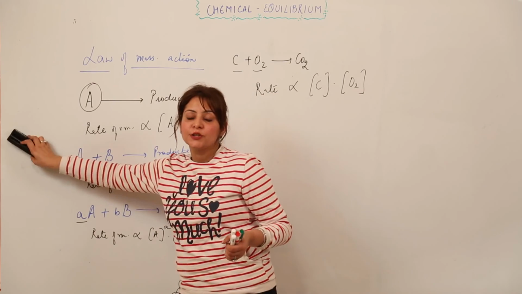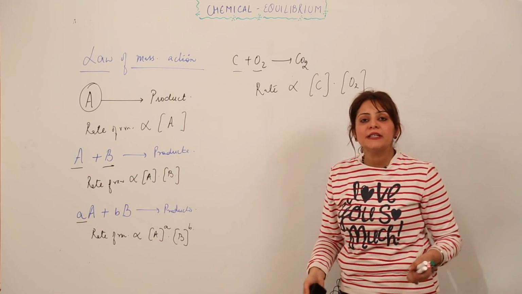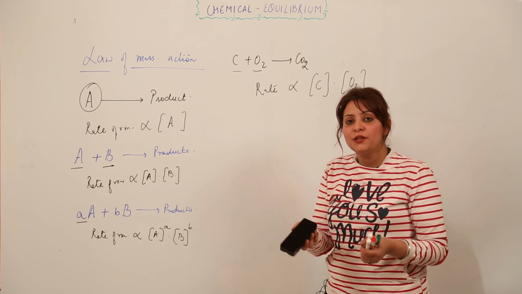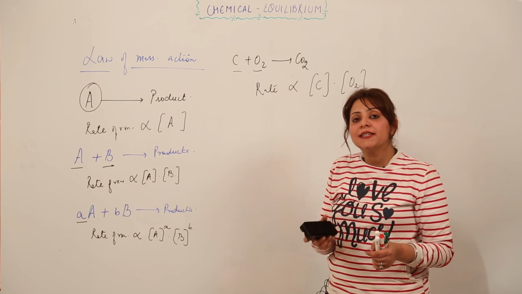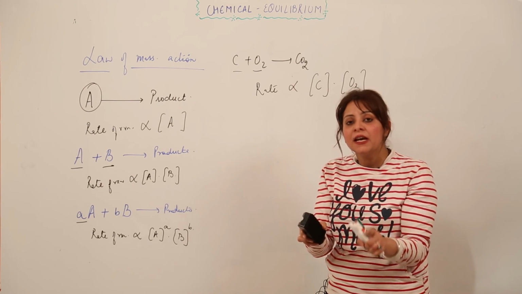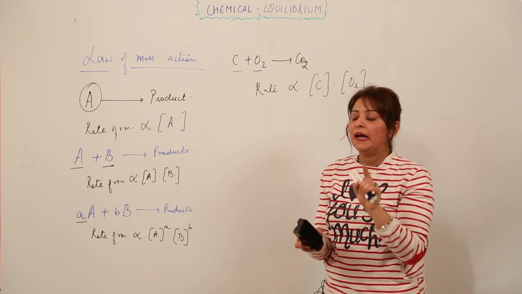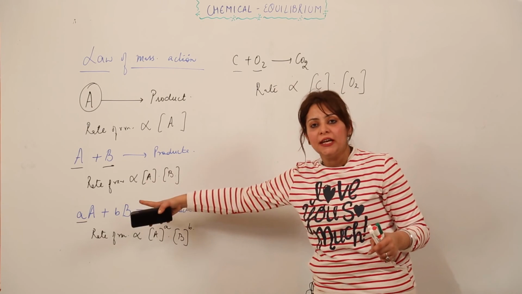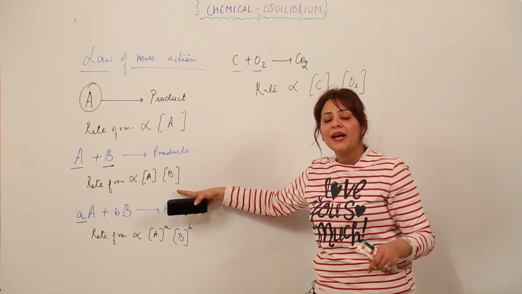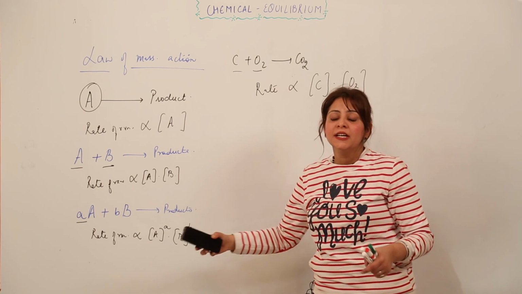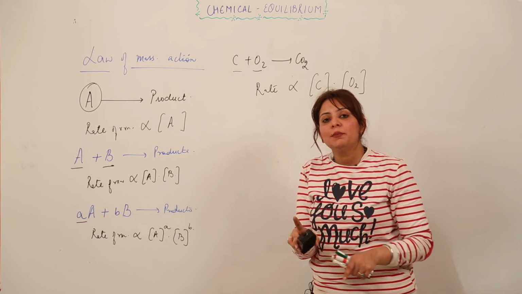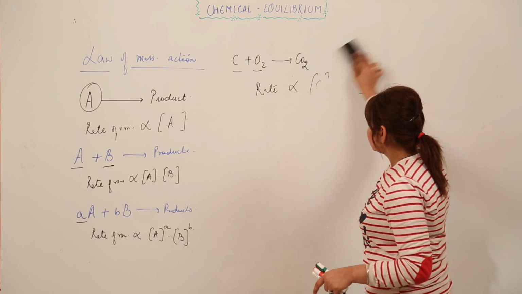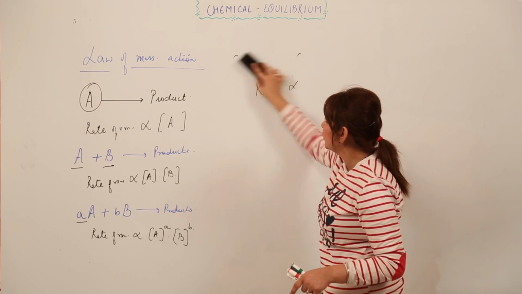So just keep in mind that the rate of reaction depends upon the active masses of the reactants, right? And active masses are taken in terms of concentration. And how do we indicate concentration? By writing a bracket and enclosing the name of the reactant in it. Like I have written A in a bracket, so it indicates the concentration of A. If I have written B in the bracket, it indicates the concentration of B. So anything which you write within the bracket means the concentration of that substance only, right? So I think it's clear with the law of mass action now, right?